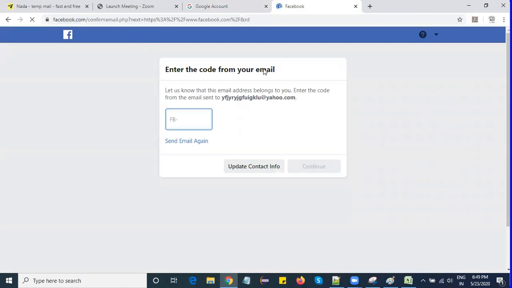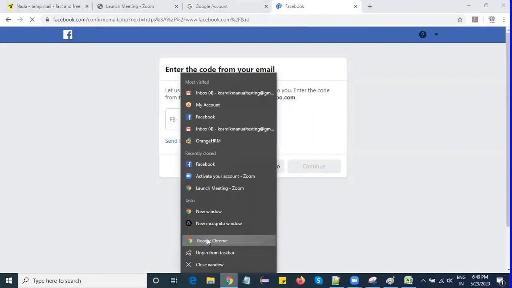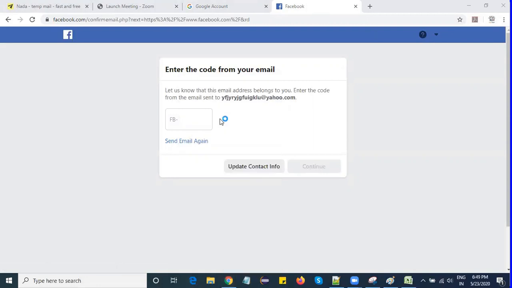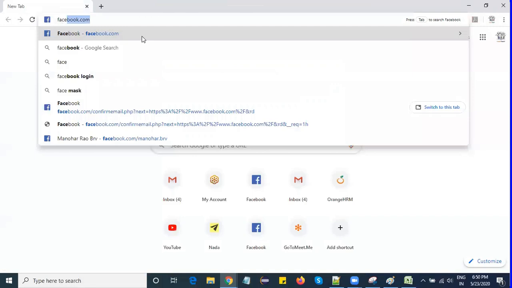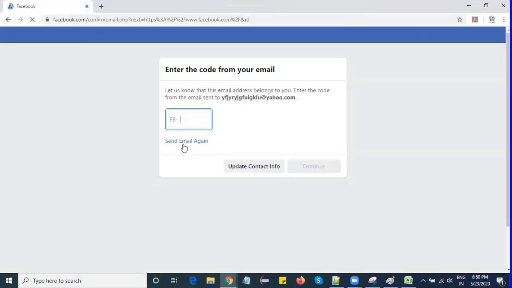I don't know whether it will open this page or go to another page. I think the cookies issue is creating this problem. Let me check one more. Let me open in another browser. Just wait for 1 minute. Let me check. Okay. Oh, still it has been captured here only, right?